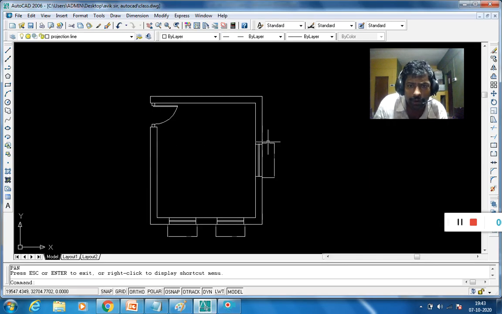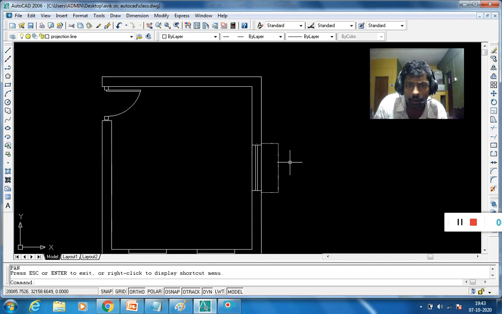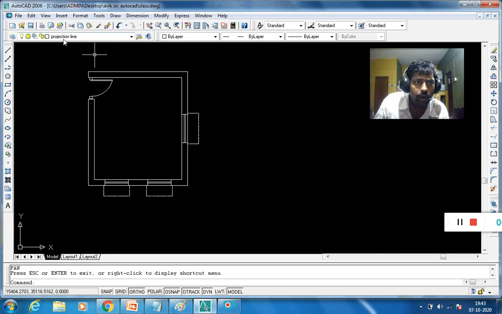You see the projection of the chajja portions, the projection lines, we have given the projection line using the layers.